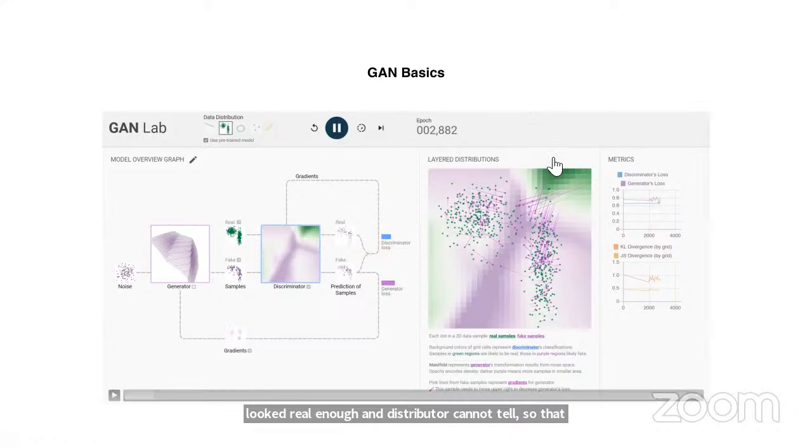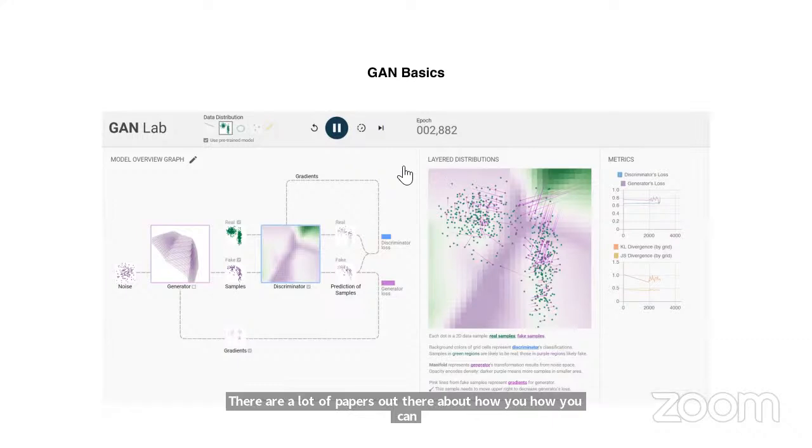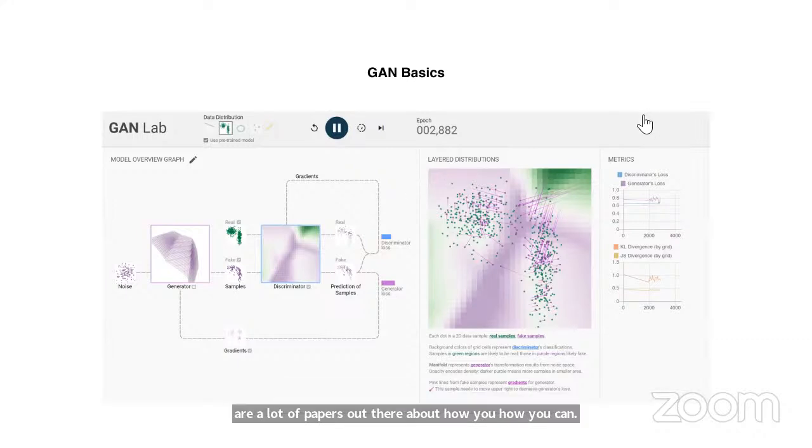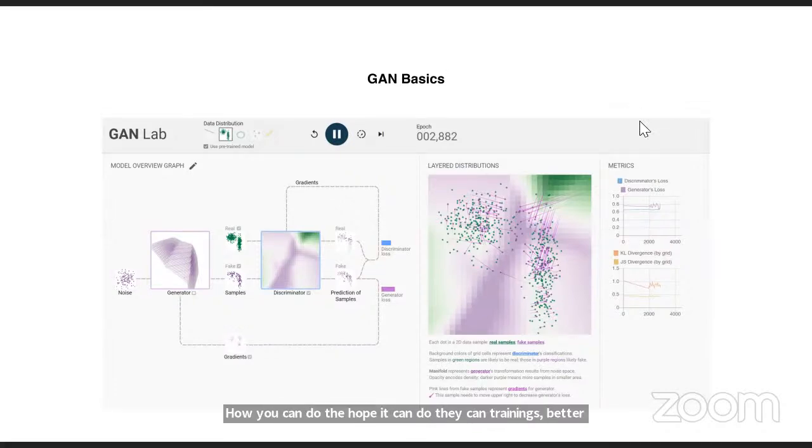Yeah, there are a lot of papers out there about how you can do the GAN trainings better. So it's not guaranteed to converge, and so it might sometimes be tricky to train the GANs. And I'm not gonna go through all the details about that as well, but